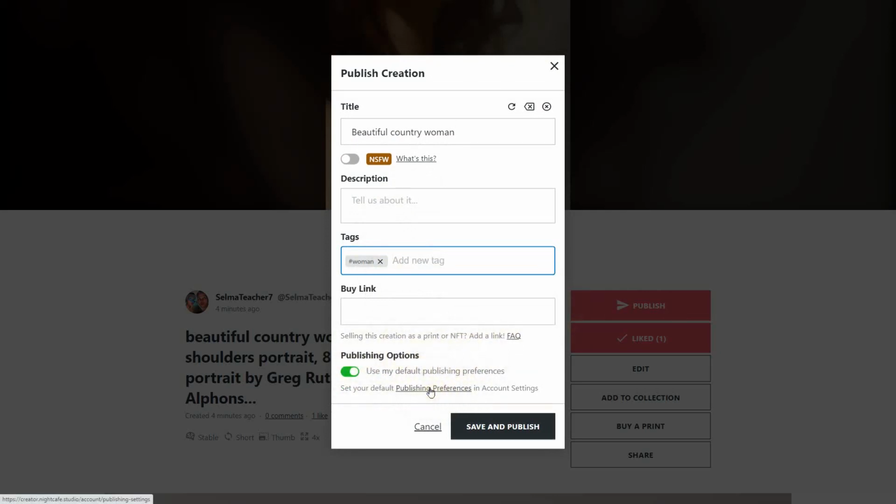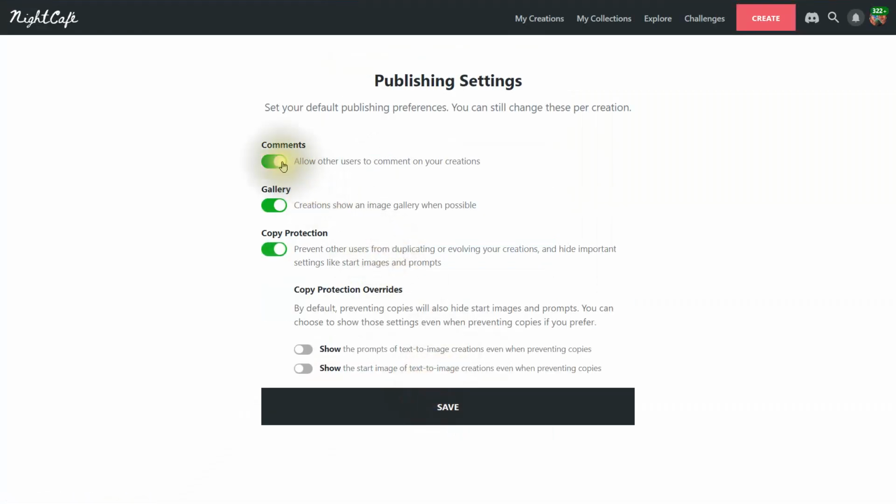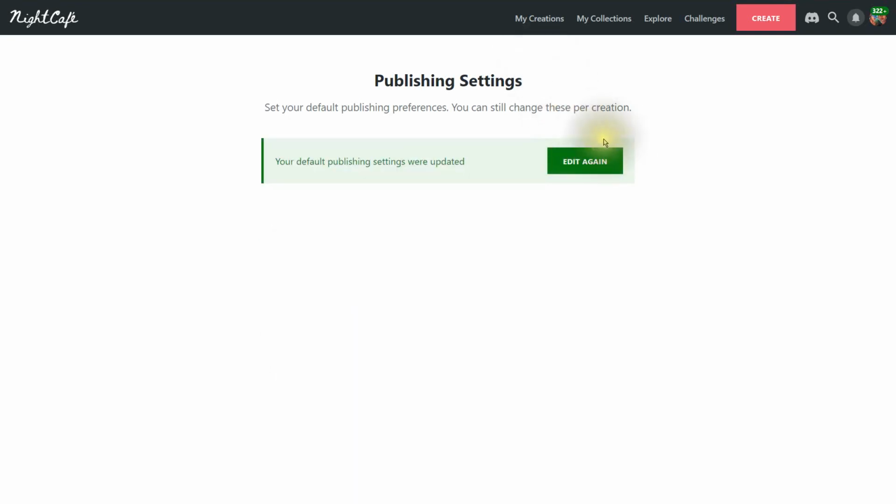Your preferences basically are saying, do you want to allow others to comment? And you say yes. Do you want to go in the gallery? Yes. Copy protection is on. And then do you want to show your prompts or not? So you can say yes, show the prompts. If you want to show them, click on show, and let's go back to the work.